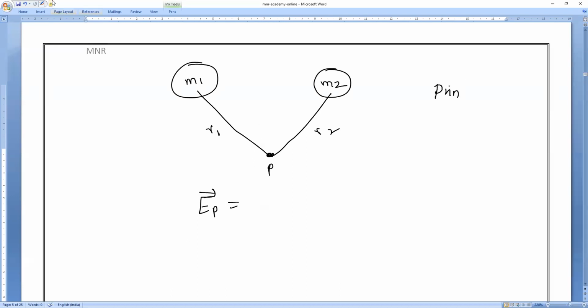This is the point. It is experiencing two fields. What are the two? This point is experiencing E1 due to this mass, and E2 due to the other mass. Now, what are they asking? The total. So E1 plus E2, that's all it is. You understand, everybody? E1 is equal to G into M1 divided by R1 square. And here E2 is equal to what? Everybody, G into